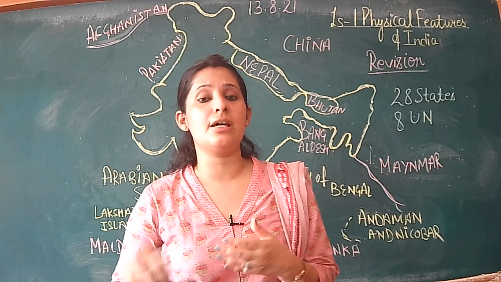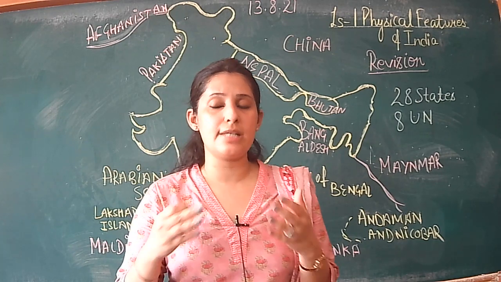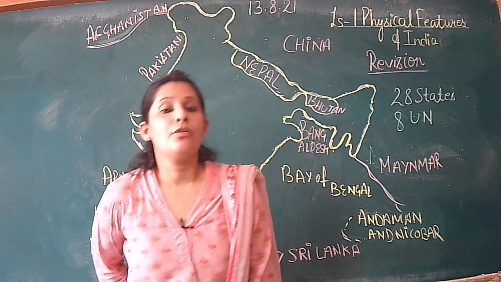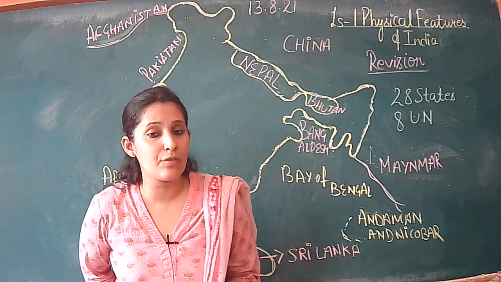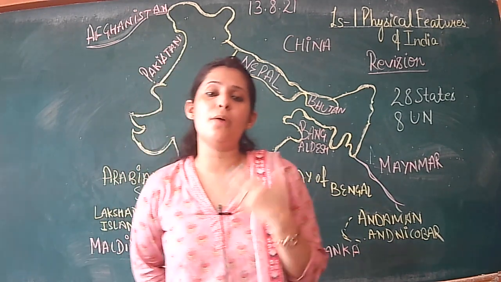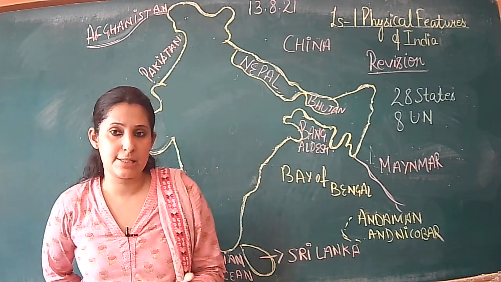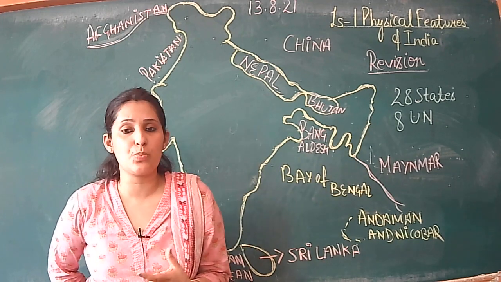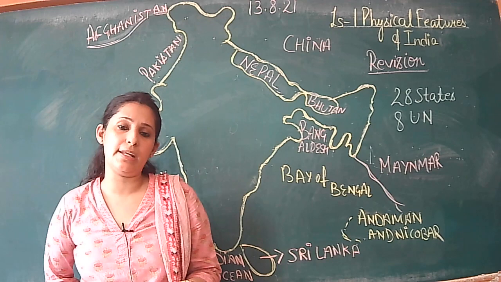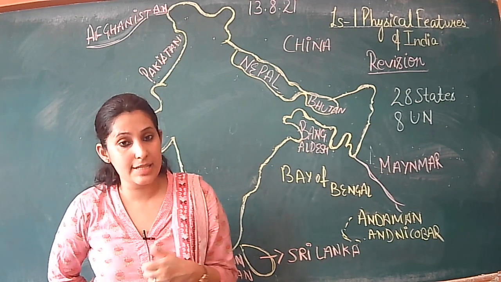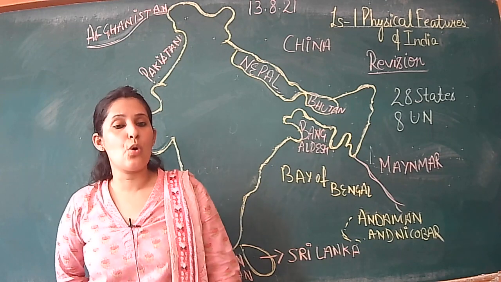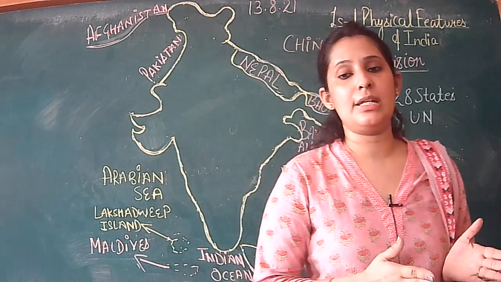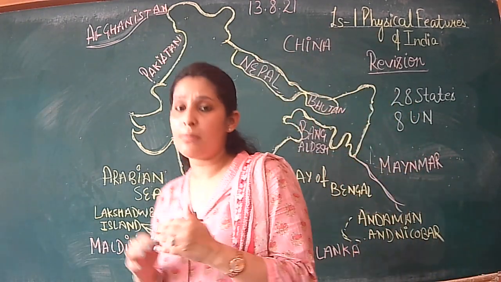And due to this reason, the climate also varies. The climate is different from region to region or country to country. We don't have the same climate condition everywhere. In the mountains, we experience pleasant and cold weather, whereas in the plains, we experience hot weather. What kind of weather do we experience in the plain areas? Hot or humid weather. Whereas in the mountains, as I told you, we experience cold and pleasant weather. So the climate and the land surface vary from place to place, and the climate varies from country to country or region to region.